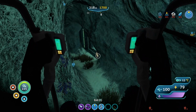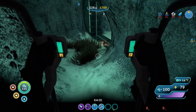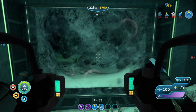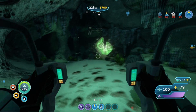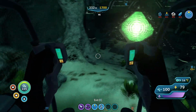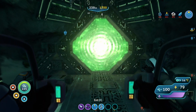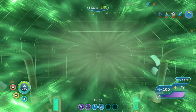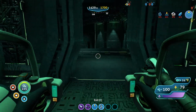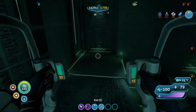We now have a quick path back to our base, which is super convenient. Okay. With that out of the way,